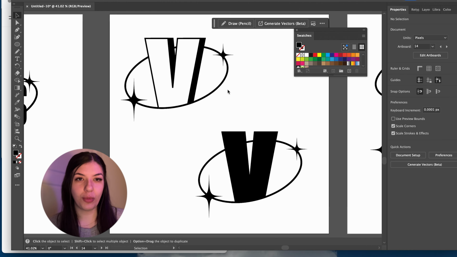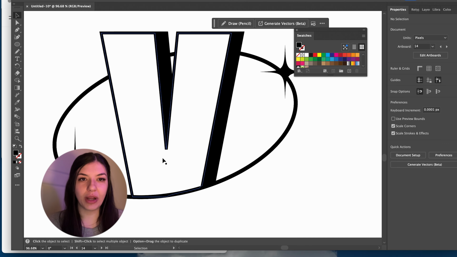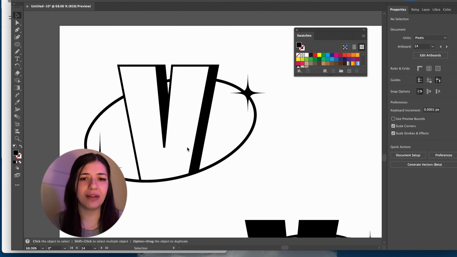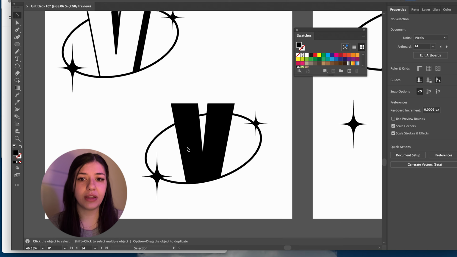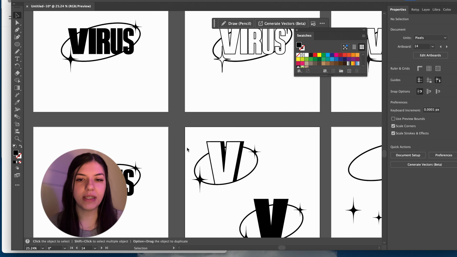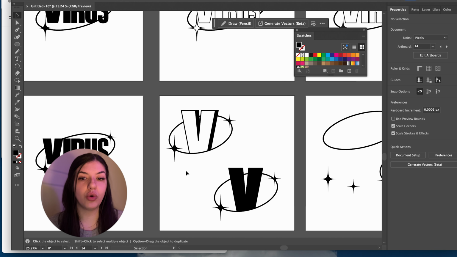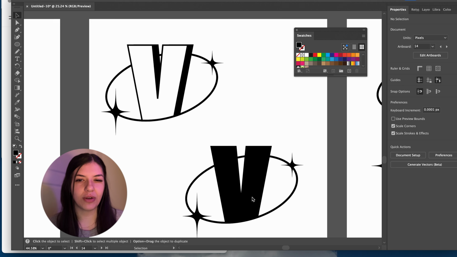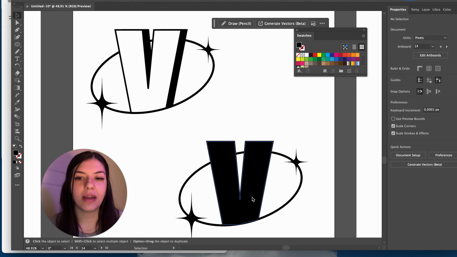So I finished with a logo mark, and I think it's pretty good. It's what I was actually going for, and I think it looks even better than the original thing that we started with for the actual primary logo mark. What I did here is I did one with a stroke with like a 3D effect, but also keeping it 2D. And I think it looks really cool. And then I also did the same with just the normal V. And I really wanted the V to be bold and very recognizable.